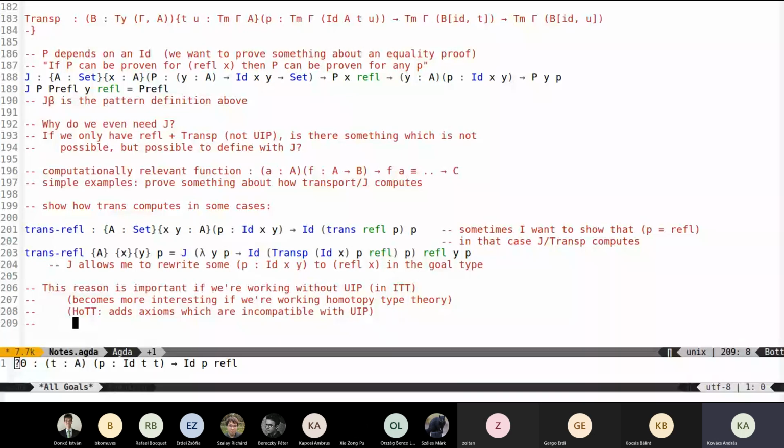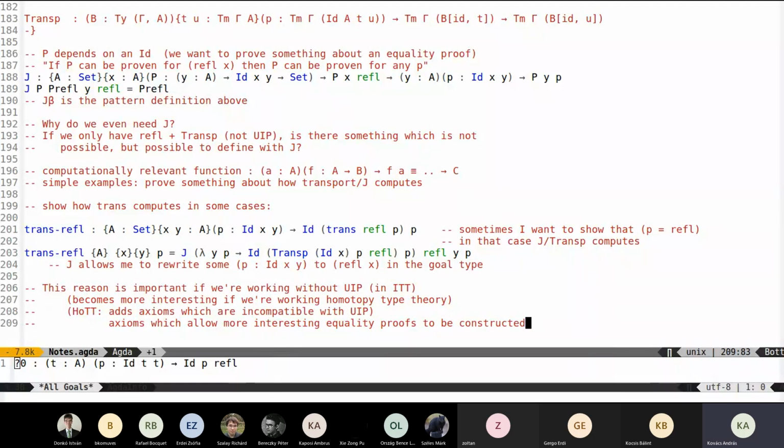So basically axioms which allow more interesting equality proofs to be constructed. So in HoTT we can do some equality proofs which are actually not just refl. HoTT in many cases allows us to do an equality proof which is not just refl, but which is some more interesting, more general kind of